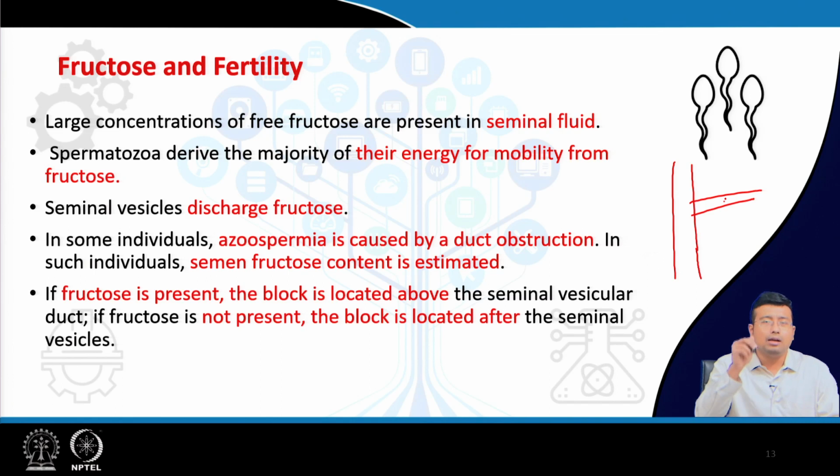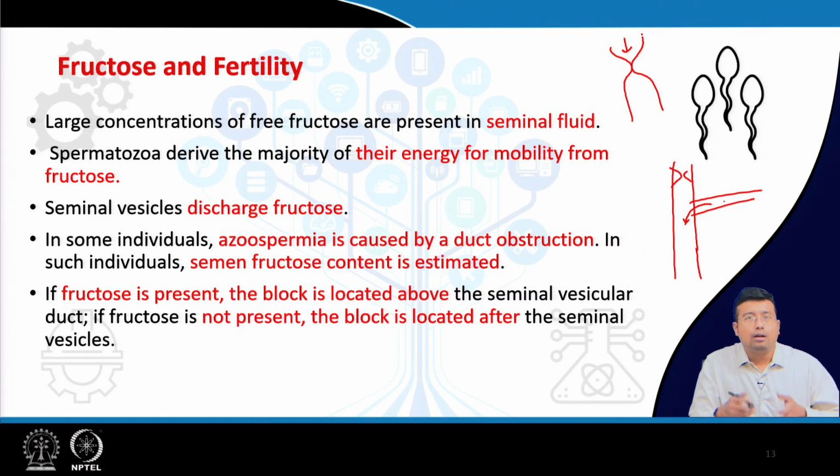So, since we know seminal vesicle secretes fructose, with one simple test we can have an idea whether there is a kink or block in the pipeline, then sperms cannot reach, right. So, if the azoospermia is caused by duct obstruction,